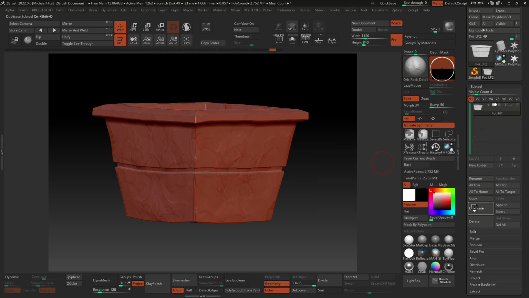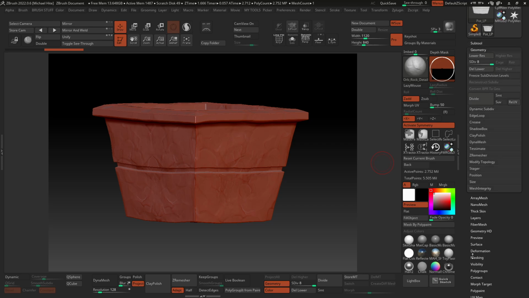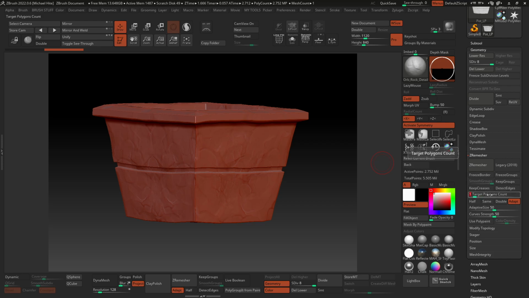Then duplicate this one, and it doesn't matter which one I pick as long as I have one that is pot low poly. And my method is a little bit different than most people's, I guess. Go to geometry, ZRemesher. I'll keep my target count as 1. I'll hit ZRemesher quickly. And while we let that work,